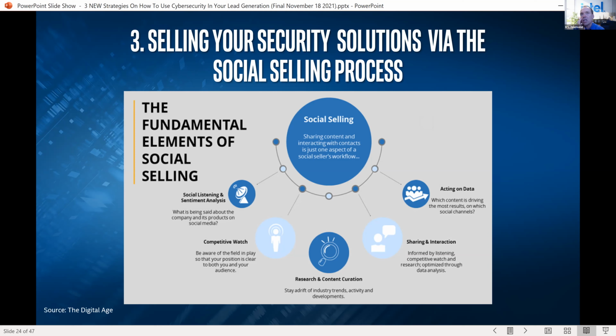And when I talk about social selling, a lot of people think it's just posting on Facebook or posting in LinkedIn. Different conversation here, right? Social selling is not only about communicating and engaging in conversations, but also listening. It's also looking at your competitors, seeing what they're doing out in the marketplace, looking at the content being built, all these different pieces that come together. So I want to make sure we're talking about social selling.